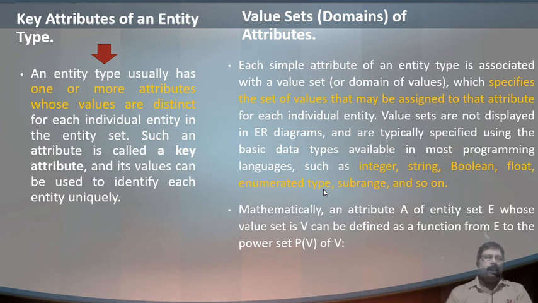So this is related to the entity, its key attributes and its domain. This question may be asked for 5 marks, or in the definition for 1 mark along with the different attributes. In this session we discussed the different attributes as well as key attributes and domains. These are a few important topics in this one. Usually this may be asked for 10 marks in the definition or for 5 marks.